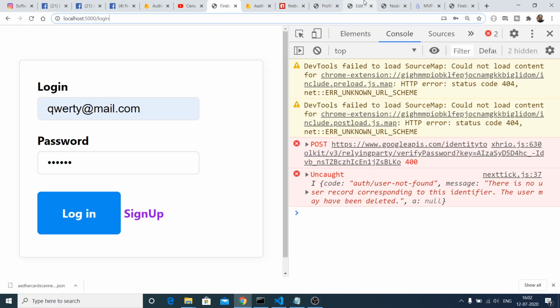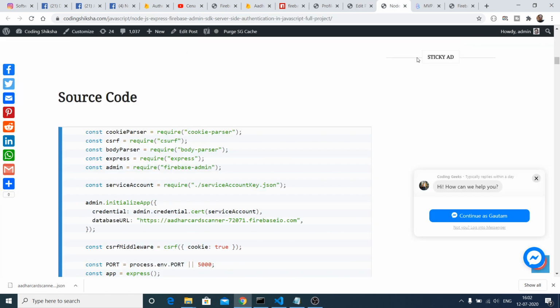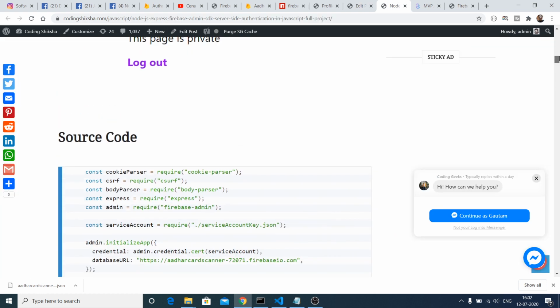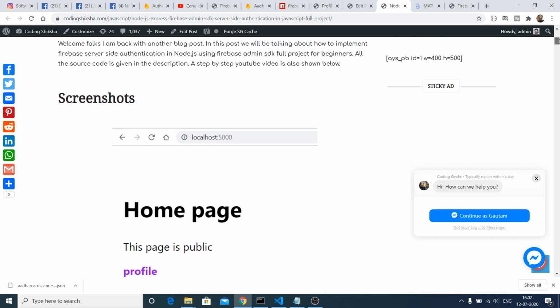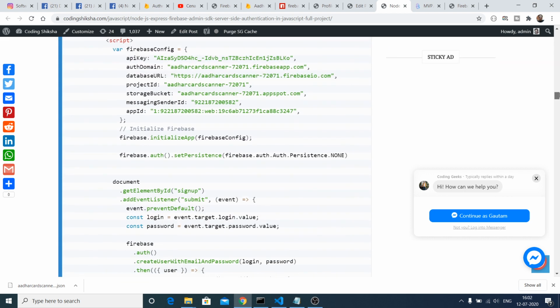So I can go to the blog here and copy paste this. This is the line guys. I think this is the line which is creating the problem.